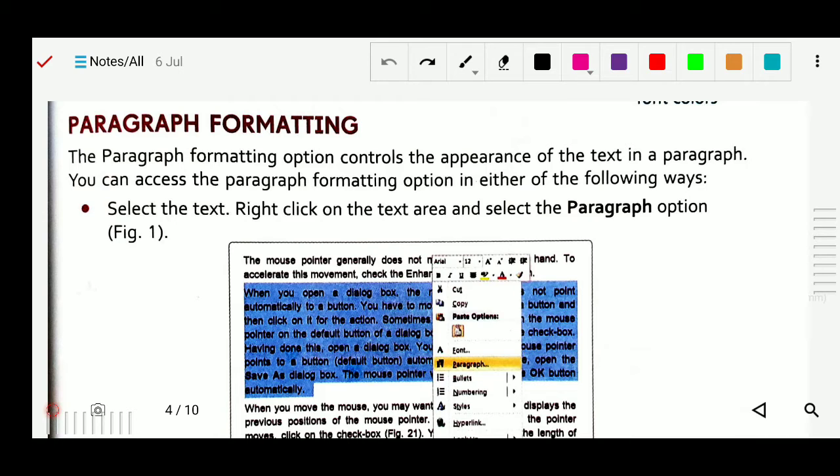We have also studied spell checking. If there is a grammatical error, it will be shown as a green wavy line. If it is a spelling mistake, it will show a red wavy line. Undo and redo: we can cancel the last executed command, and we can also roll back that one. So undo redo shortcut keys are Control plus Z for undo and Control plus Y for redo.